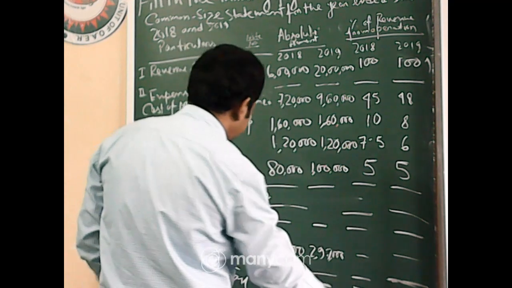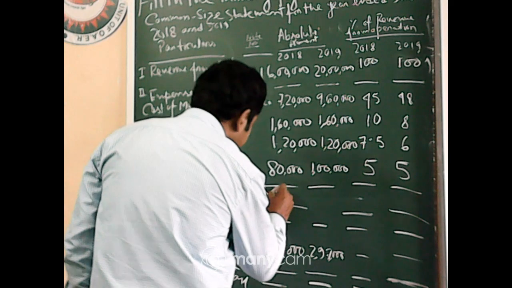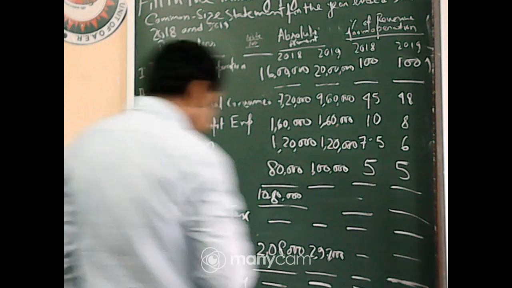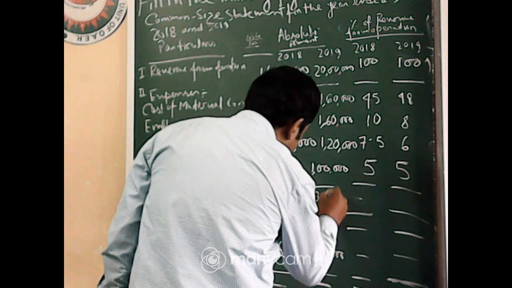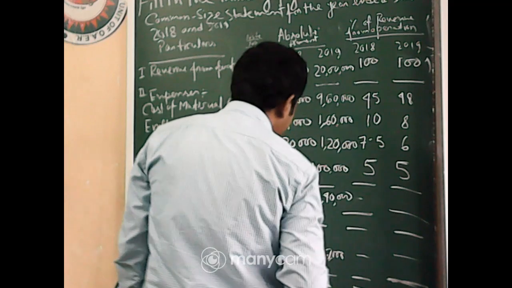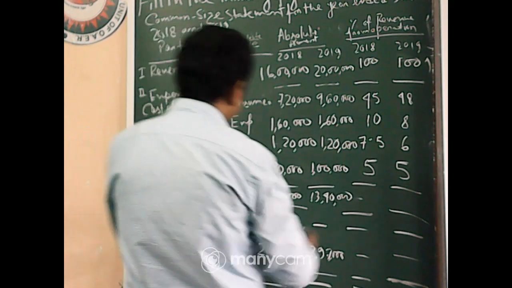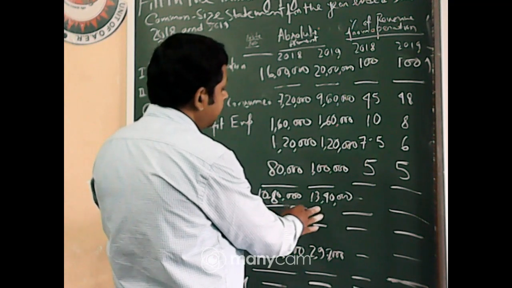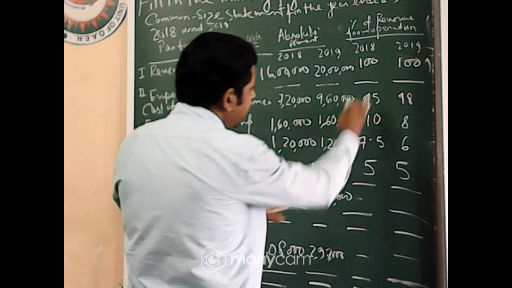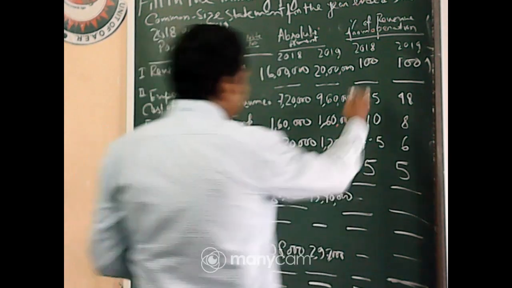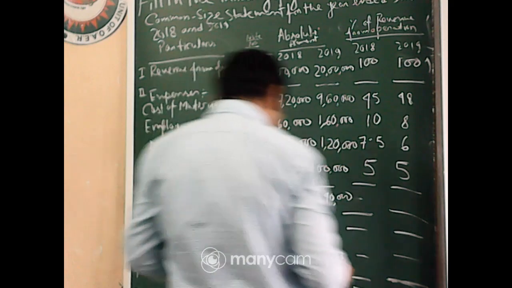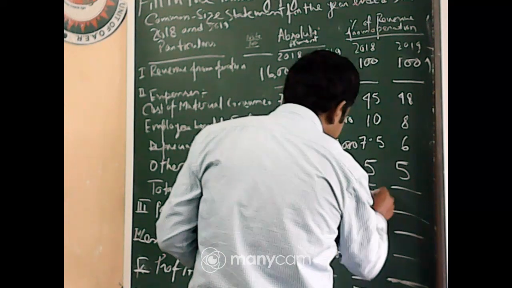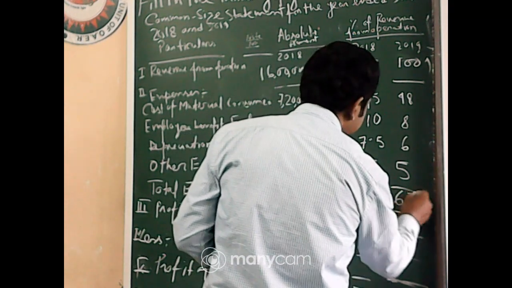yes, 7 lakh 20,000, 10 lakh 80,000 is there. In the case of 2019, 13 lakh 40,000 will be the total. And the percentage: in comparison, the percentage is on the basis of horizontal analysis, but here we just sum up vertically, not horizontal analysis. So it will become 67.5 and it will become 67.